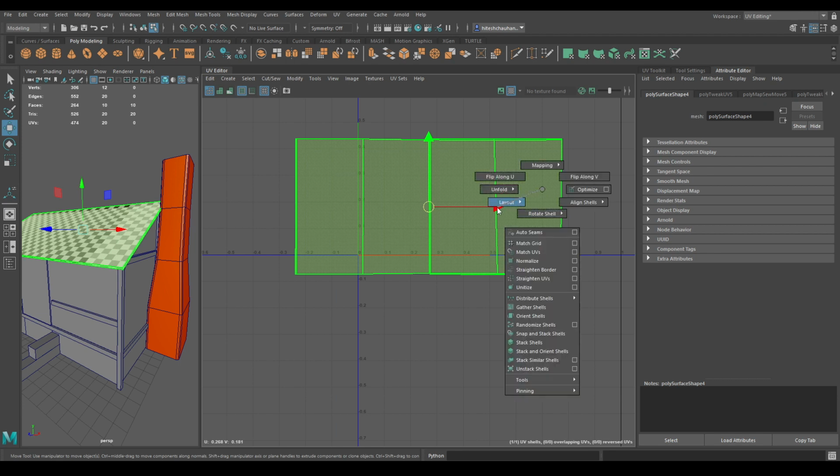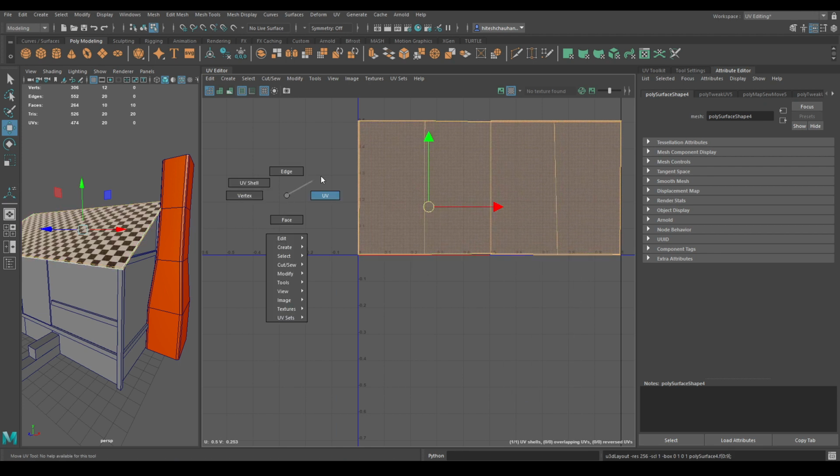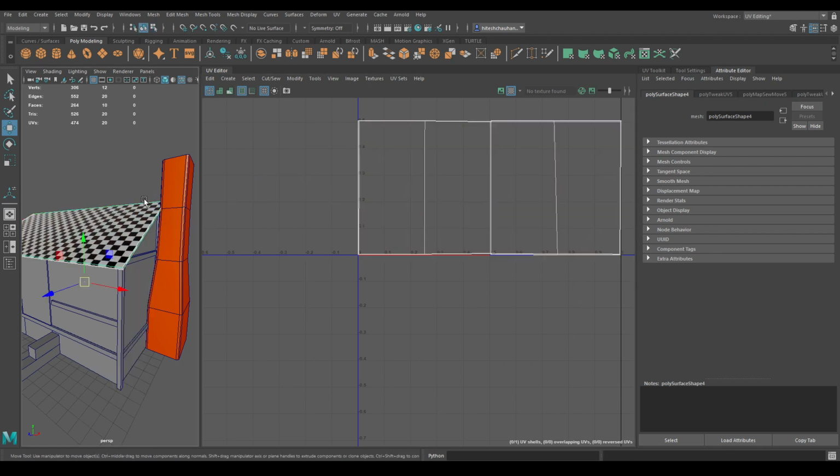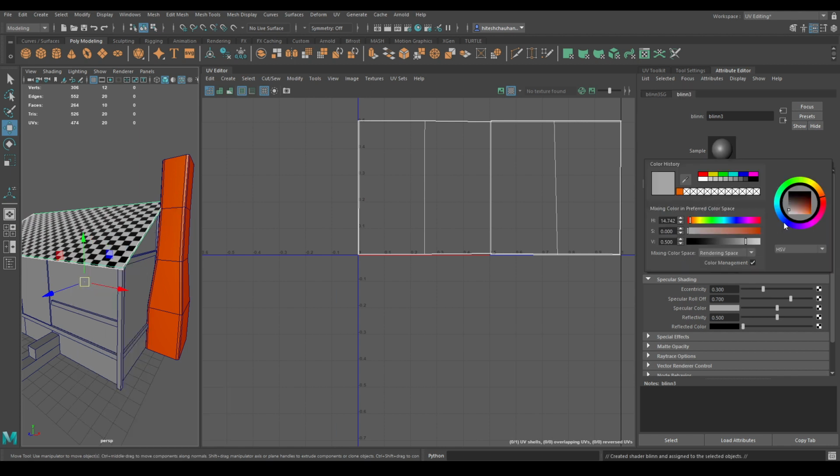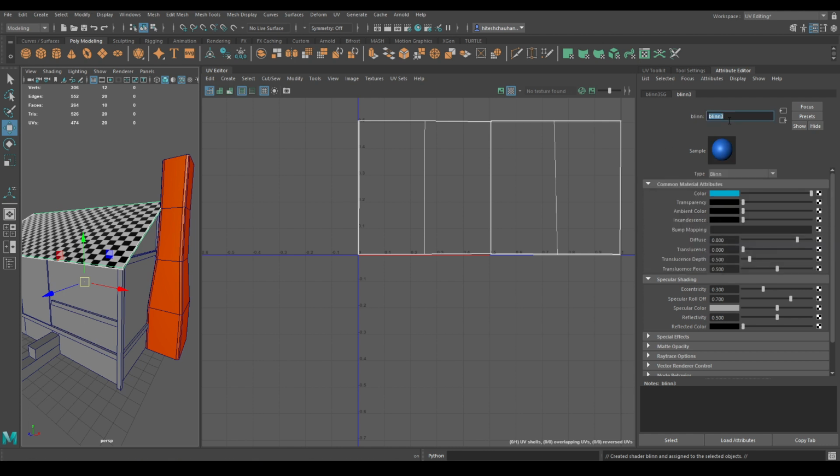Again shell mode and layout. Assign a new material. Add any color. Rename it as roof.